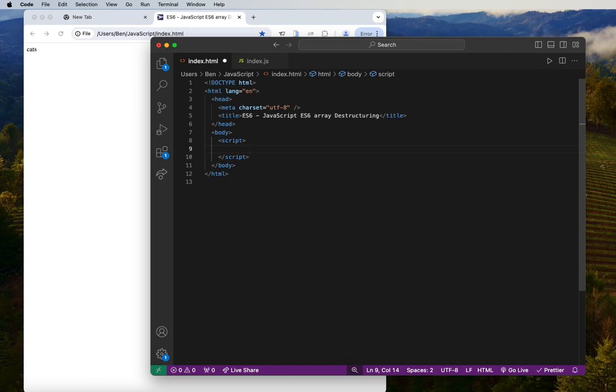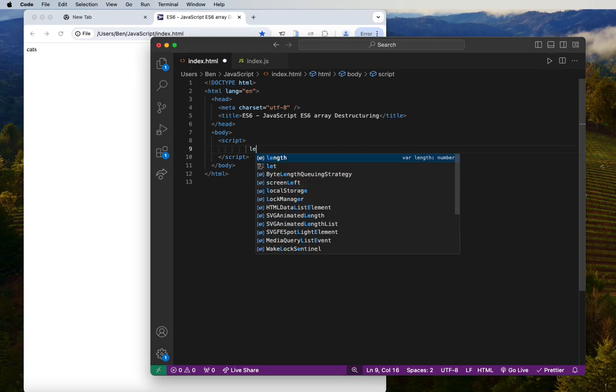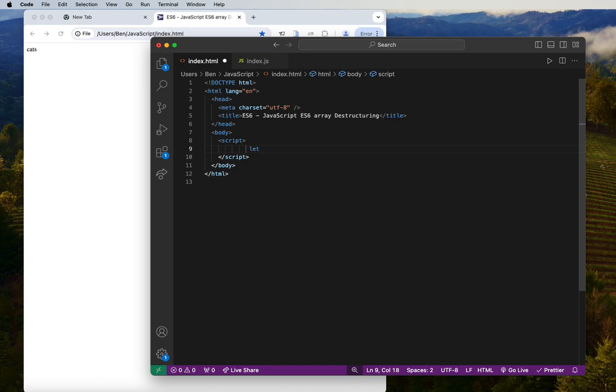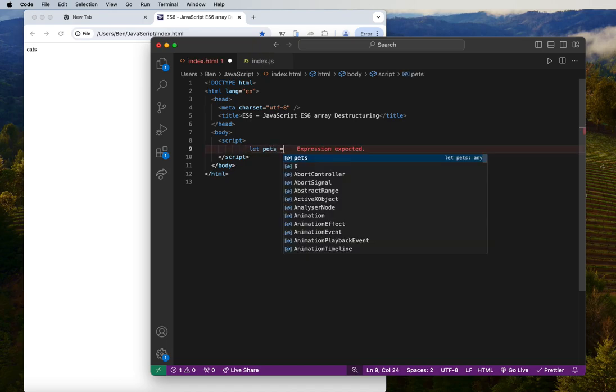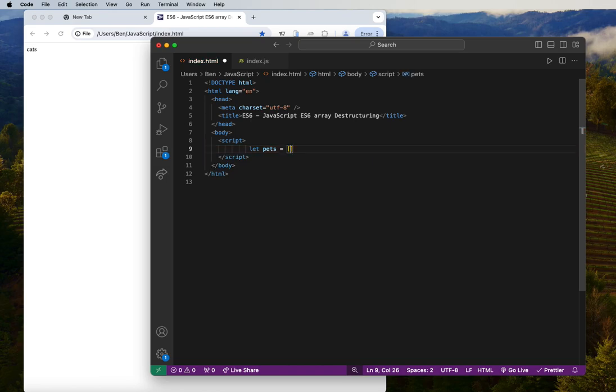So in this video we're gonna look at how to use array destructuring. What we're gonna do is have a real life example. For example, say we have pets here, and we have two values in the array: let's have dog, and the second one let's have a cat. Okay,